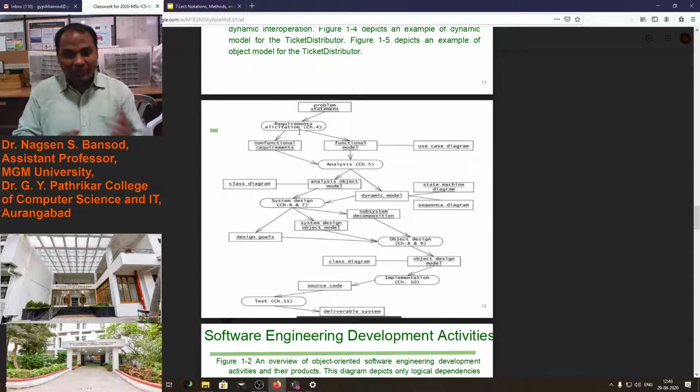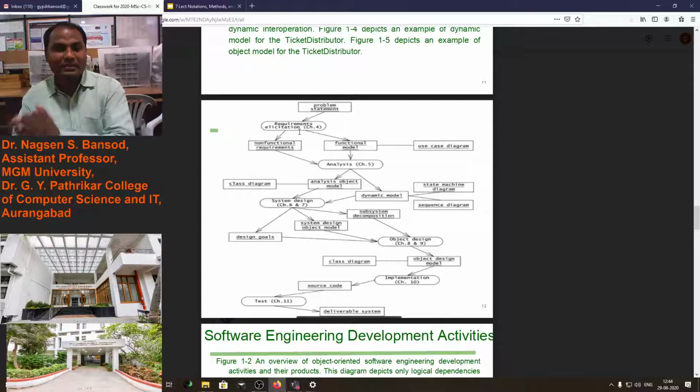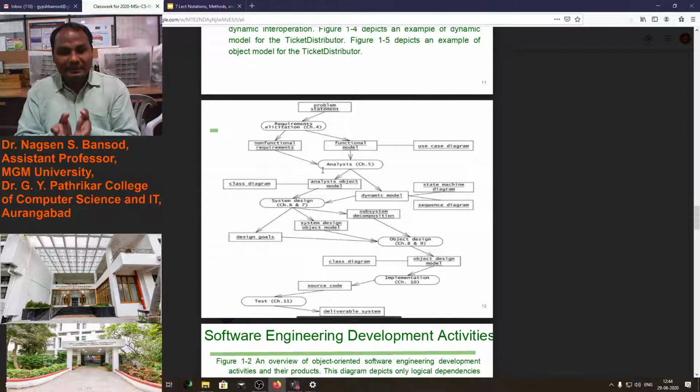In that case we will cover the non-functional requirements as well as the functional requirements from the client. From whom will we ask this information? From the client we will collect this functional as well as non-functional information. Then we will make the analysis. After elicitation of requirements, we will make analysis.